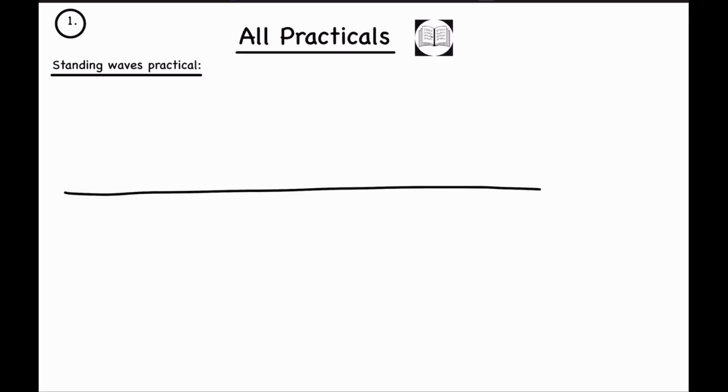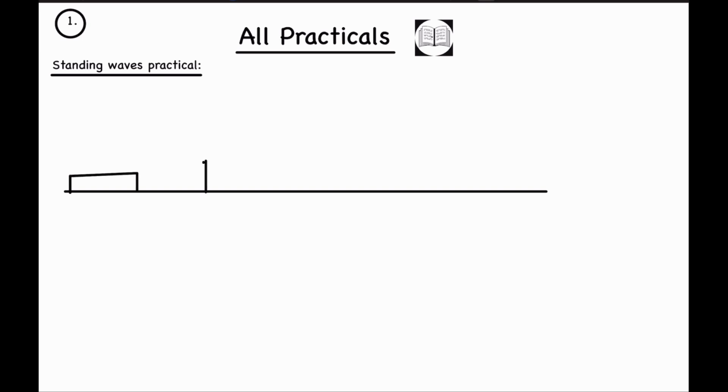So first we're going to start with the standing waves practical. So first, let's draw the apparatus. We have the bench first, and we have the signal generator, which is connected to a vibration transducer over here, which is connected to a string of a length L, which is also connected at the end of the bench to a pulley,